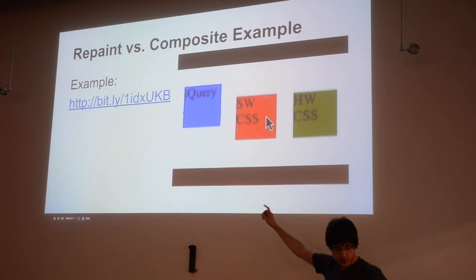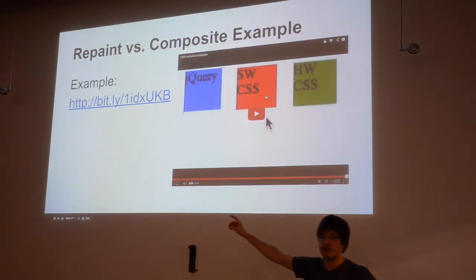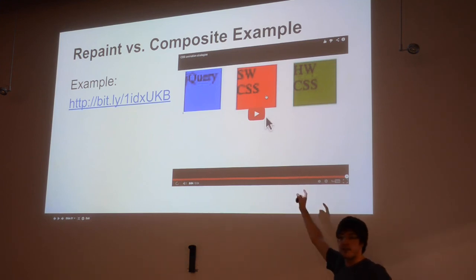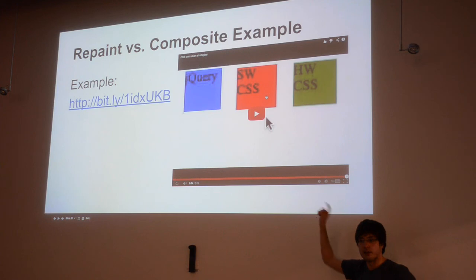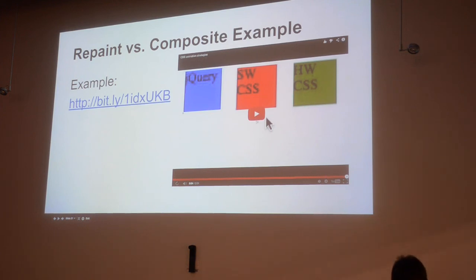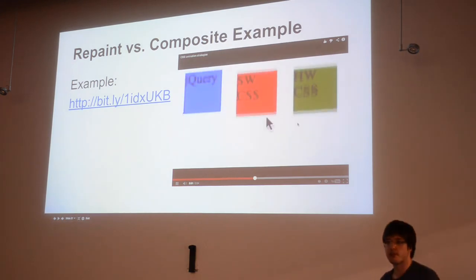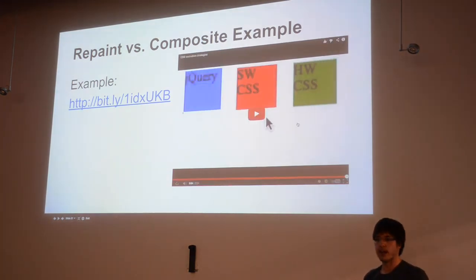As you can see, the jQuery one is very, very laggy compared to the others. That's because of this CPU pipeline thing that I was talking about. On the other hand, the software CSS and hardware CSS look almost exactly the same, unless you actually do it in a browser. I'm going to play it again and watch the software one very closely. You'll see that at the very end it looks slightly more janky than the hardware one. And that's because we're repainting